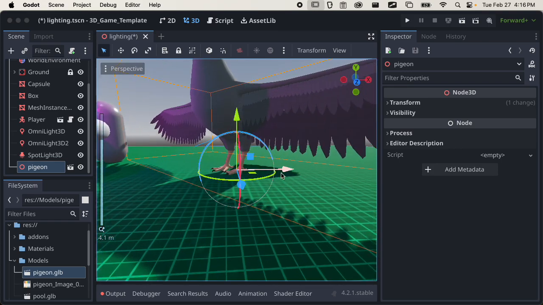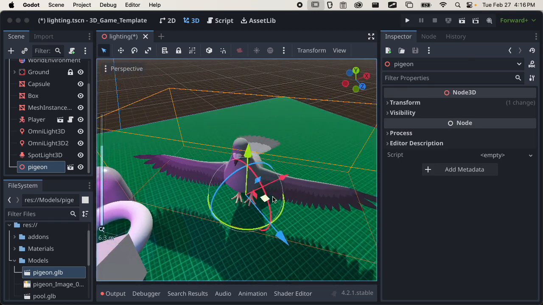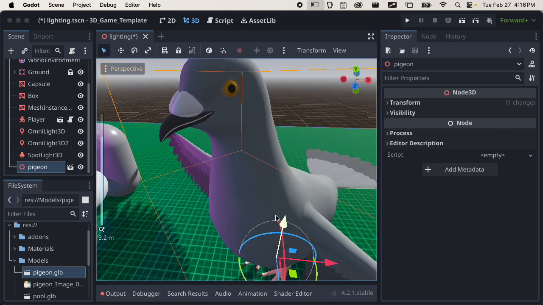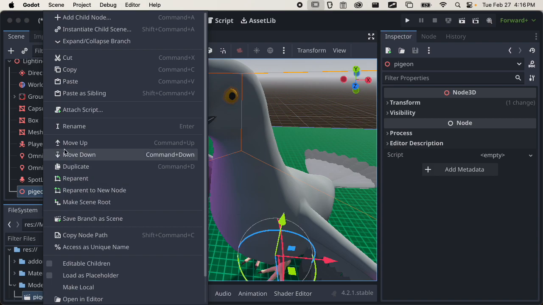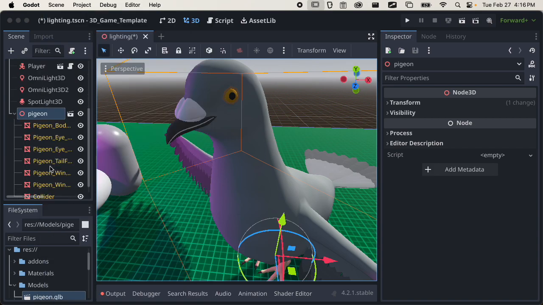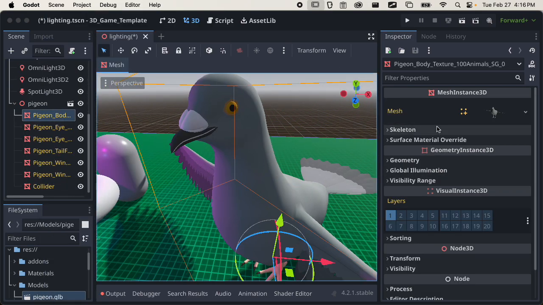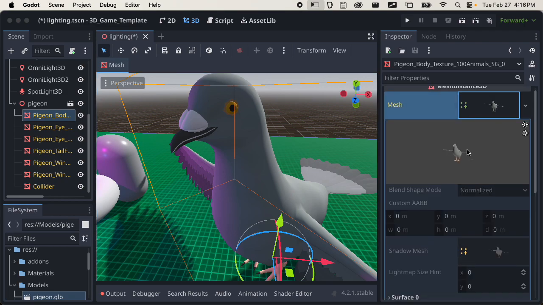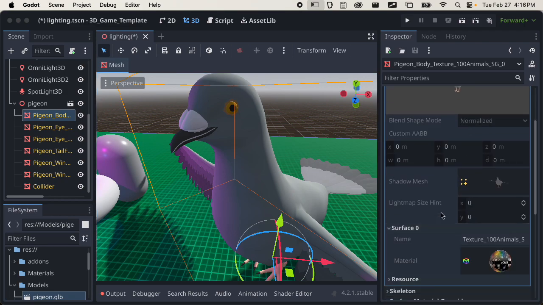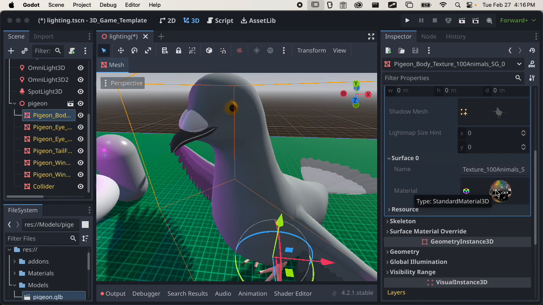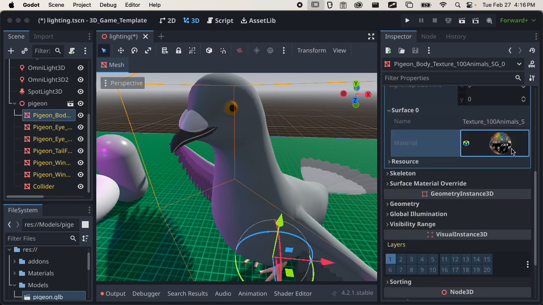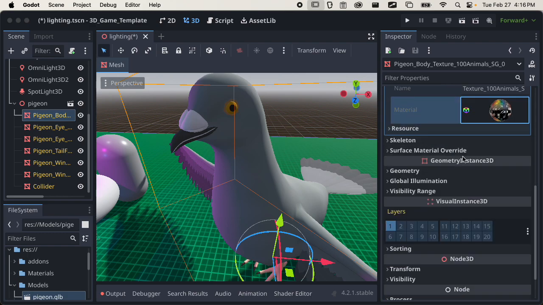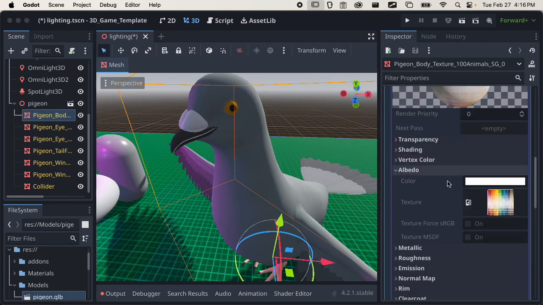So we can see that it's interacting with the light now that we have some lights in the scene. And with our pigeon model, if I go to editable children, you can see the material for the pigeon. So it's under this surface in here that's added with an imported mesh. And we can actually see the properties of this. We can see this is the texture that they used for it. And we can see the properties, but I can't change these